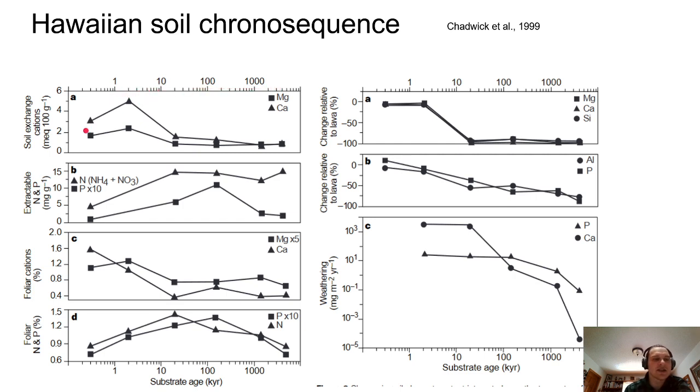And so what we can see is that at the early stage of the chronosequence, we have a low concentration of magnesium and calcium. Then they start to weather out, probably with the addition of plants here. This probably is covered in fewer plants at a really young substrate age. And then you have a lot more plants, and so your weathering rates go up. But then you start to weather out those cations, magnesium and calcium, and you go to lower and lower concentrations